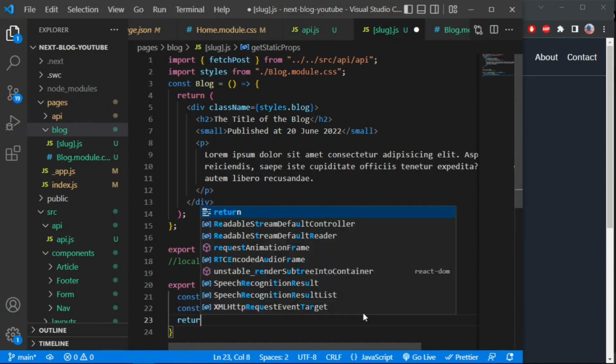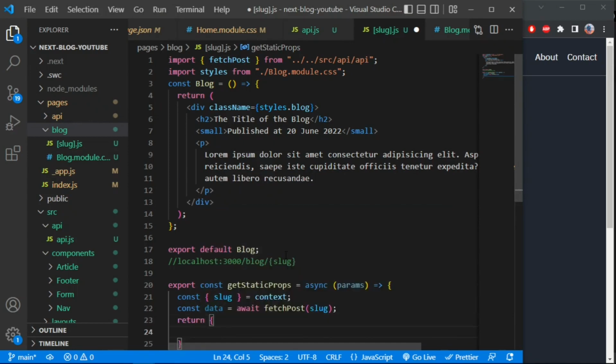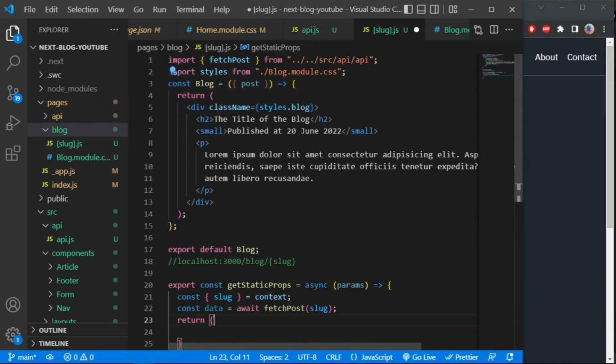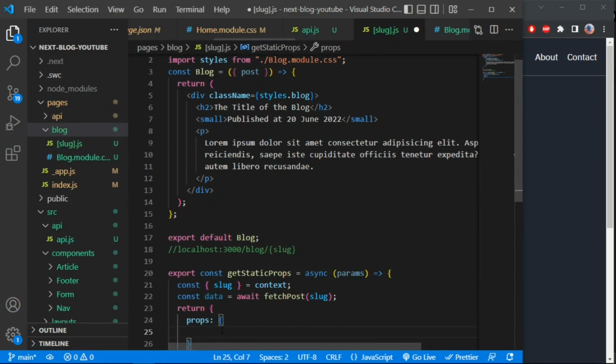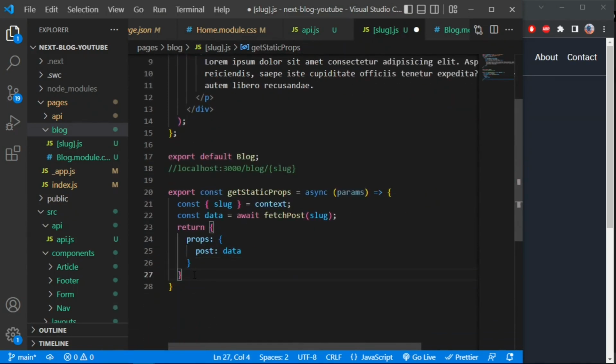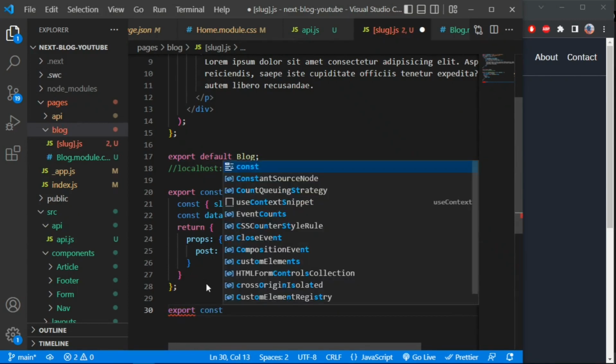And of course, we need to pass that information into this page here. We're gonna have a post, just like we did in the home page. We're gonna have props, and we're gonna have a post of data, and then the post is gonna be data. And then also, since we're using dynamic routing, we need to use another function from Next called get